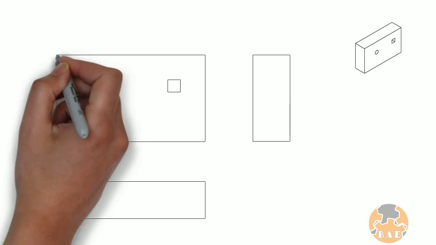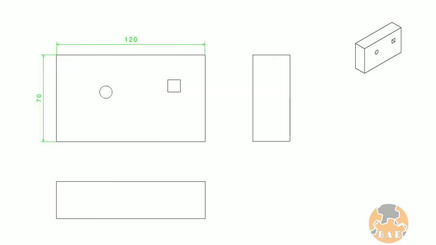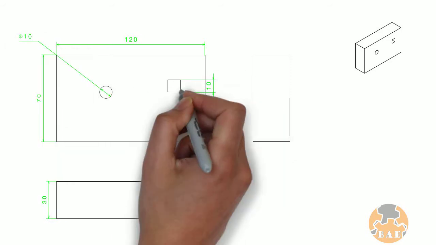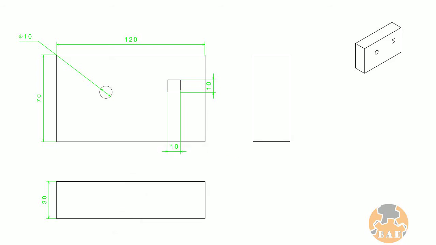Firstly, we will give the total size of the plate, which is 120 mm by 70 mm. Now, one more dimension is here, which is 30 mm. Here, anyone can clearly understand the size of the plate. Now, there are other features also. There are two features. First one is a circular pocket and the other one is a square. The circular pocket has a 10 mm diameter, and the size of the square pocket is 10 mm by 10 mm. Now we have fully satisfied the first rule, that is every feature should be sized. You can see there is no feature in the drawing which is not sized.